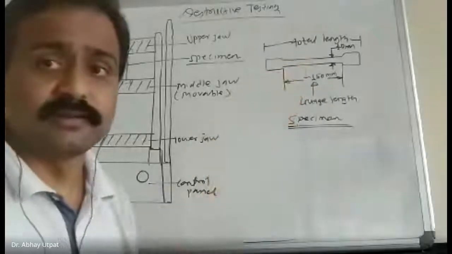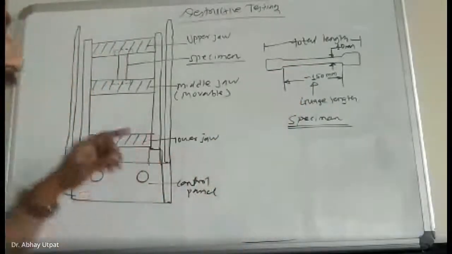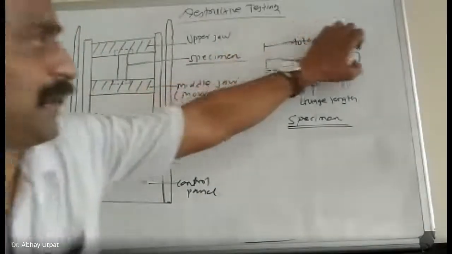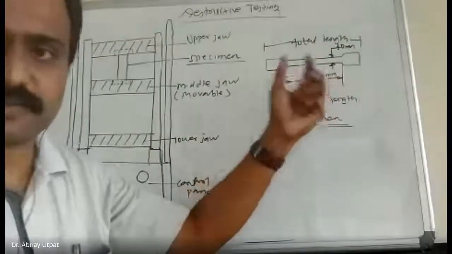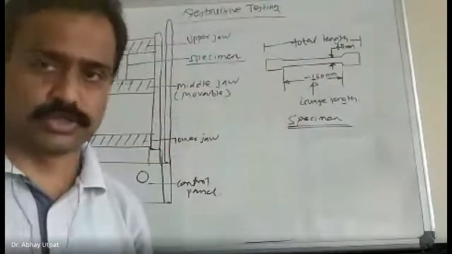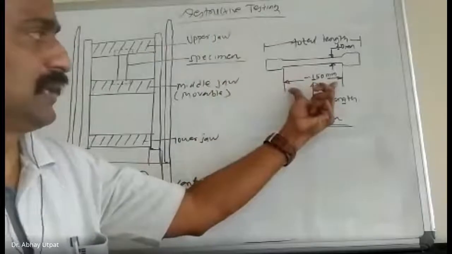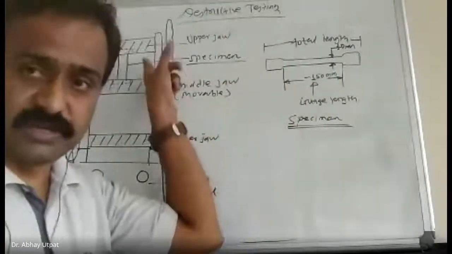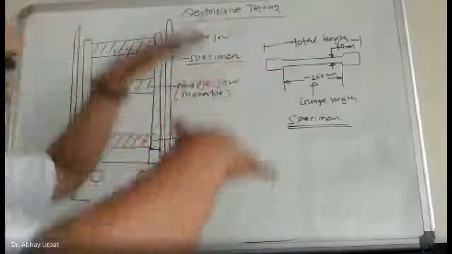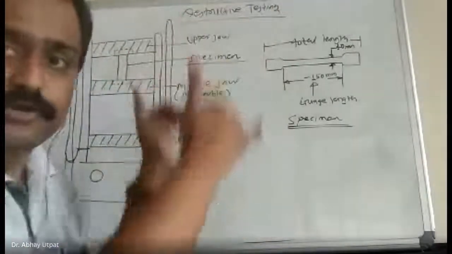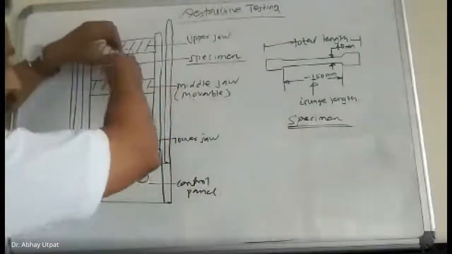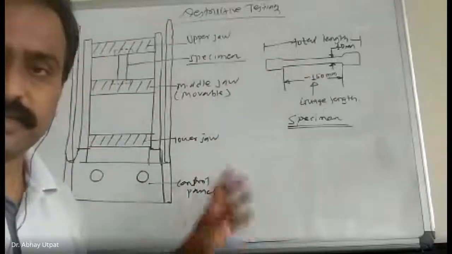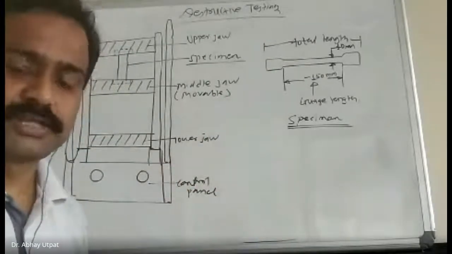Then what is total length? See here, I have shown dotted lines. Means what? This extra part which is above gauge length is used for fitting in the jaws. So your calculative length is 150. You have to adjust this accordingly. Skill is required here. Your machine is very large. One person has to stand on the machine, adjust, and then accordingly 150 mm is adjusted. And then you are ready for elongation.